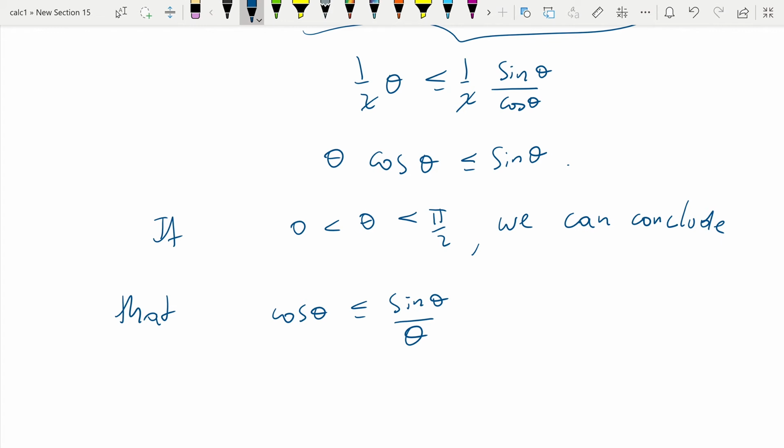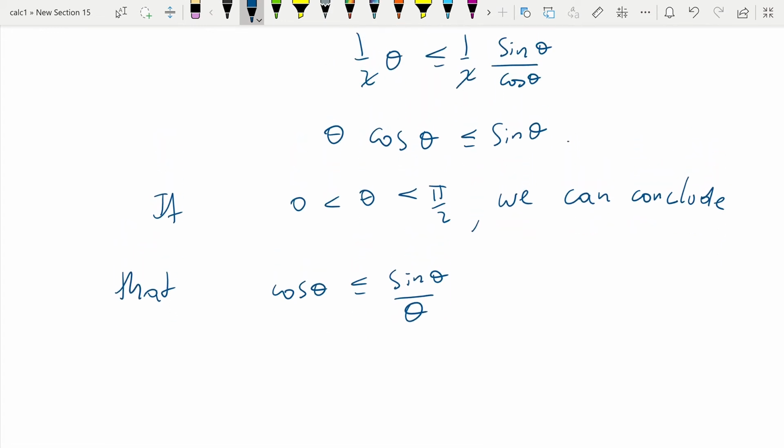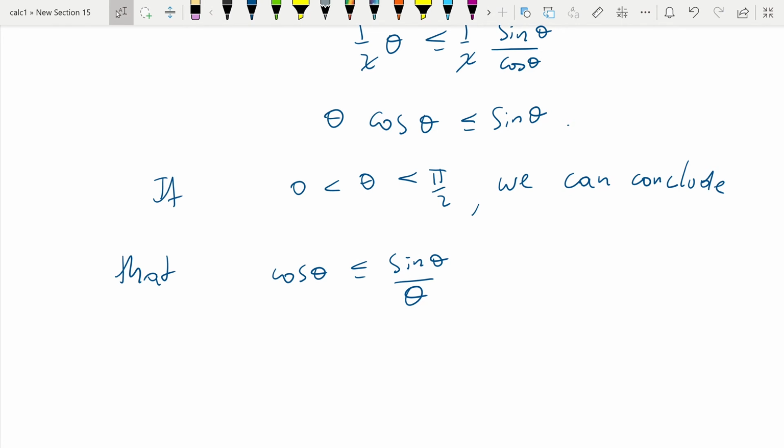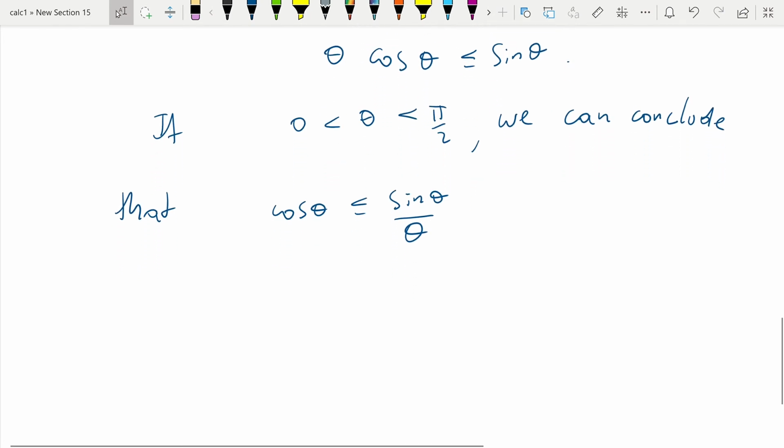Okay, so this proves the first inequality when theta is between 0 and pi over 2, but we